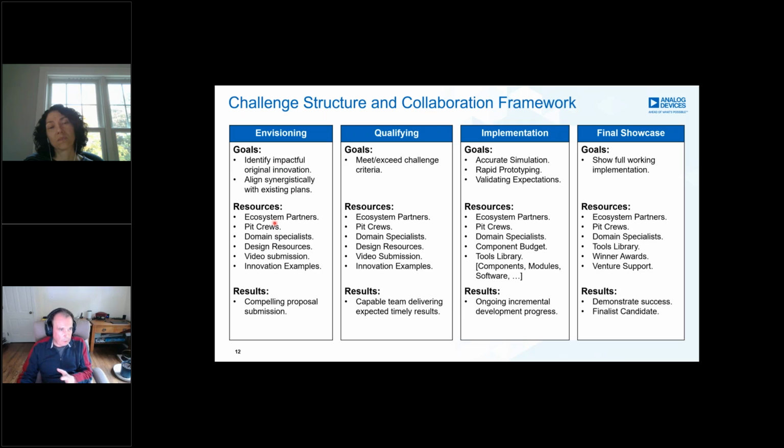As I mentioned, resources that we will provide during the challenge are our ecosystem partners who can help with other technologies. ADI will have pit crews who are technical experts to help using different technologies and are also our domain specialists. We've got lots of design resources available. Bitsurf are on the line, and they'll talk to how to make a submission for the challenge. So we've got a very streamlined and easy to use platform to submit